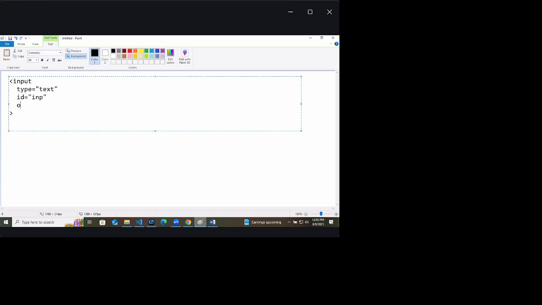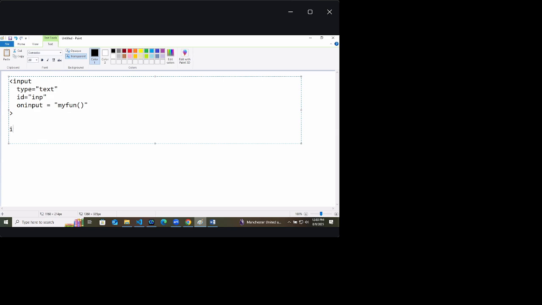And then to this input box, I am giving one function, that on input equals myfun. Generally, till now we were giving on click, that if someone clicks on this button, you should call this myfun. This is what we were doing. But this time I am changing that on click to on input.